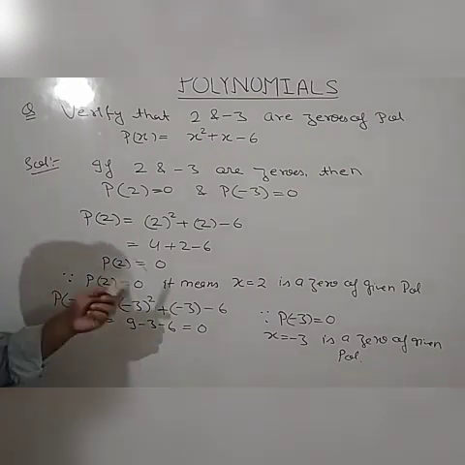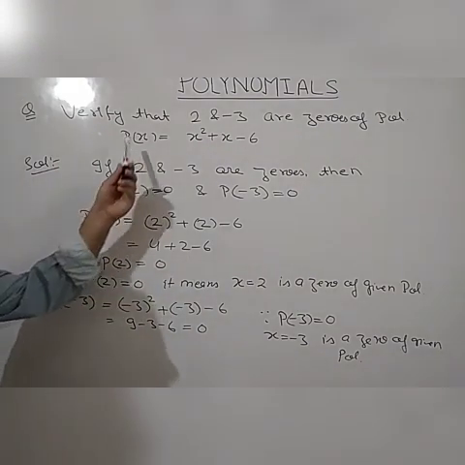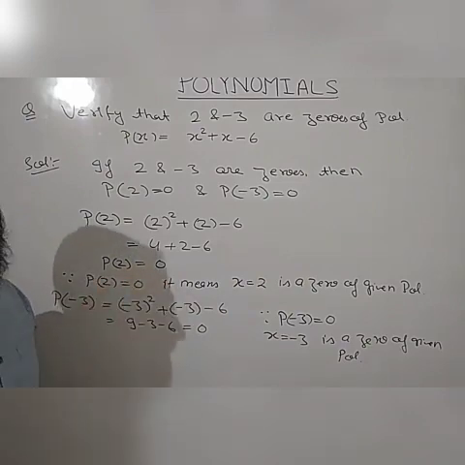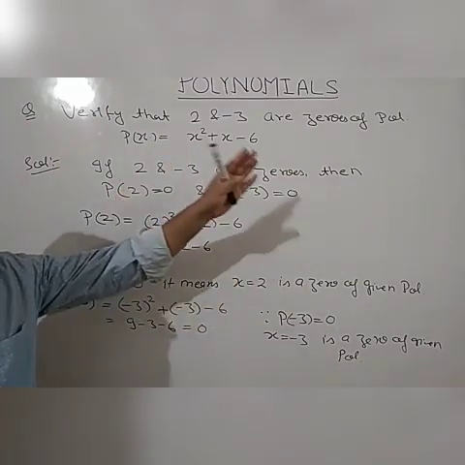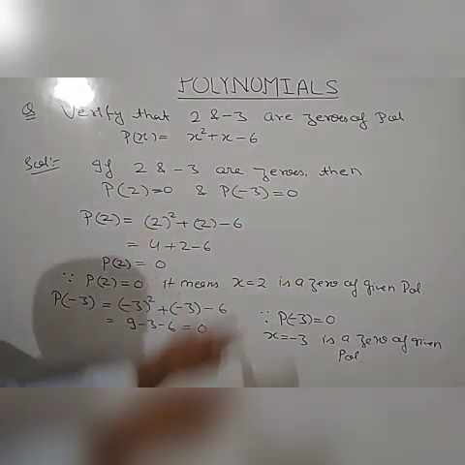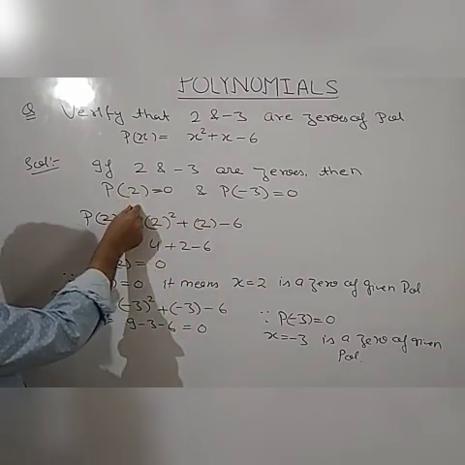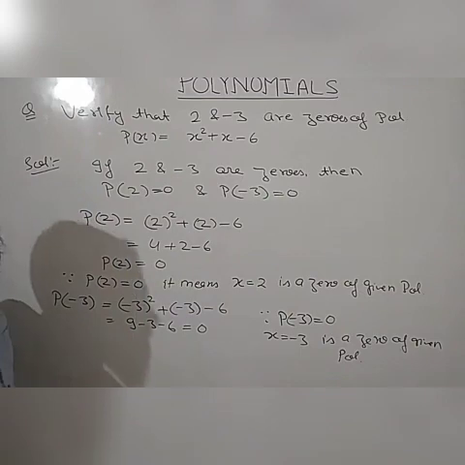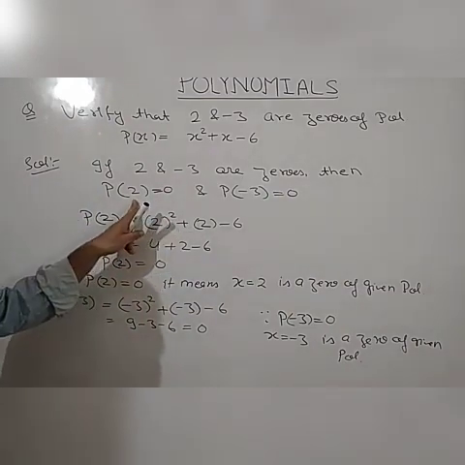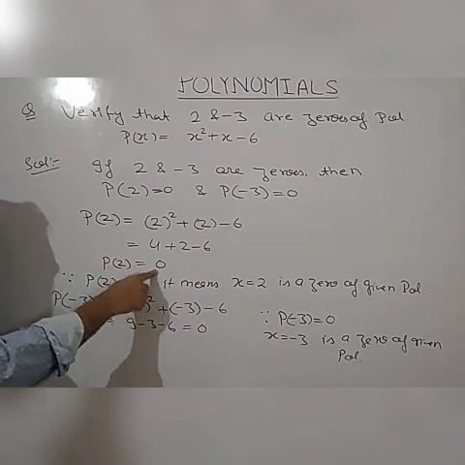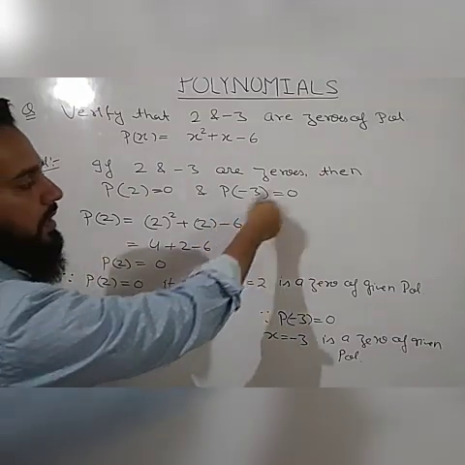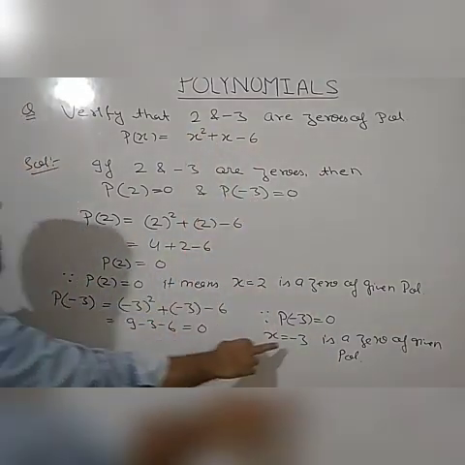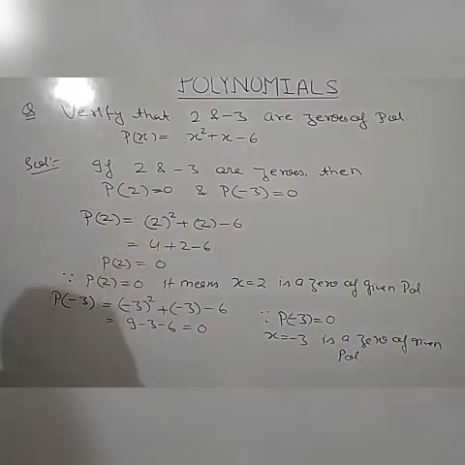Okay, so it is the second type of question. The first type is you have to find the value of the polynomial just by putting the value of the variable. The second is that you have to verify whether this particular value of x is a zero of this polynomial or not. We know that zero means putting the value of the variable in the polynomial makes the value of the polynomial 0. So we verify by putting that value, and if it comes out to be 0, it means x equal to 2 is a zero of the polynomial. Similarly, by putting x equal to minus 3, if it comes out to be 0, it means x equal to minus 3 is a zero of the polynomial. Understood? So note it down.